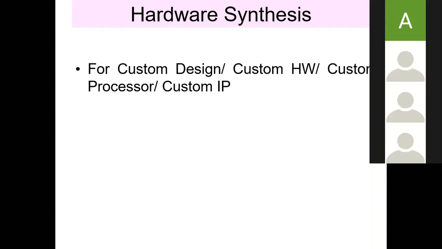We'll be having a code which may be written in some high-level languages or some modeling languages. So from that, how do we generate the corresponding hardware? What we have to do is first convert that to the RTL design. Then using some RTL tools, we can go for the corresponding hardware manufacture. That is what we call hardware synthesis.